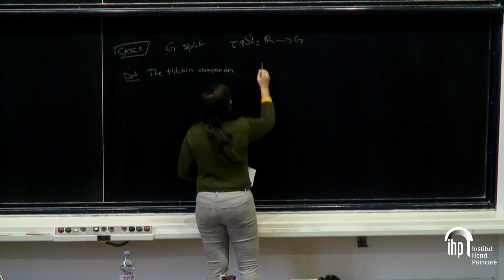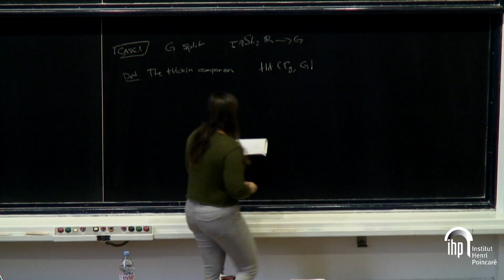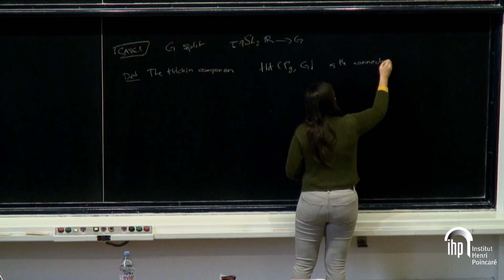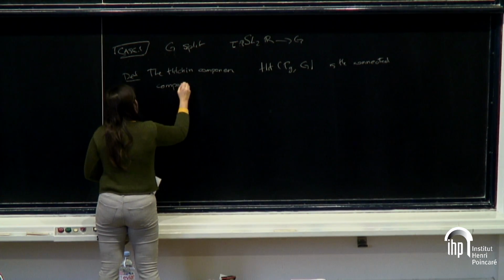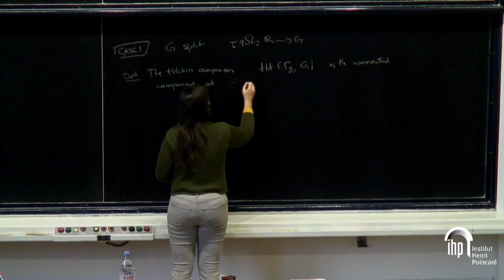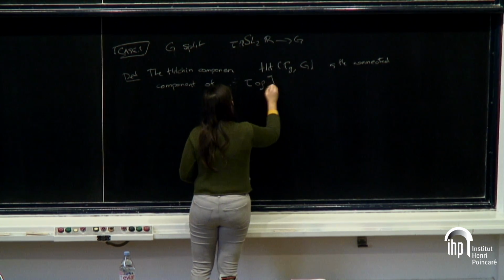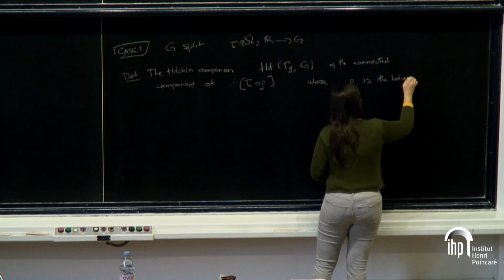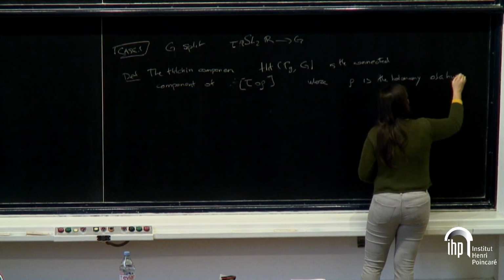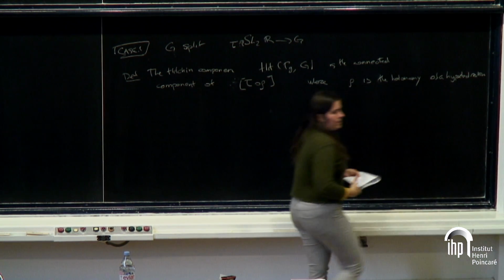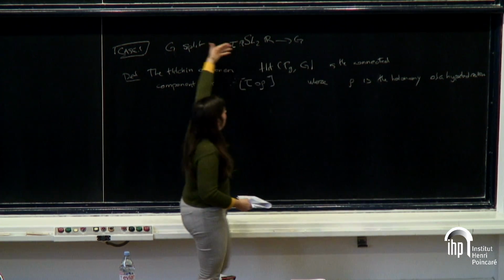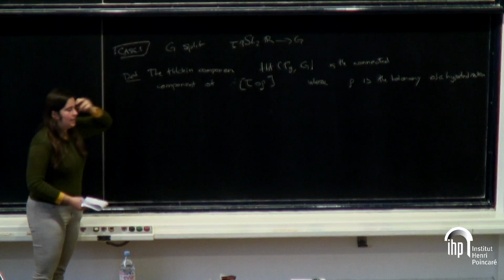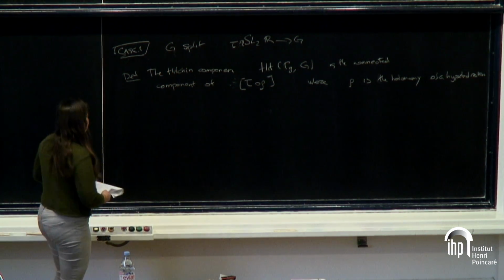So the Hitchin component that I call Hit(Γ, G) is the connected component in the character variety of the composition of this homomorphism with rho, where rho is the holonomy of a hyperbolization. So I start from a point rho in my Teichmüller space, and I embed it in a bigger Lie group G by looking at this preferred homomorphism. And then I look at the connected component of this in the character variety of Γ into my group G. And now Hitchin